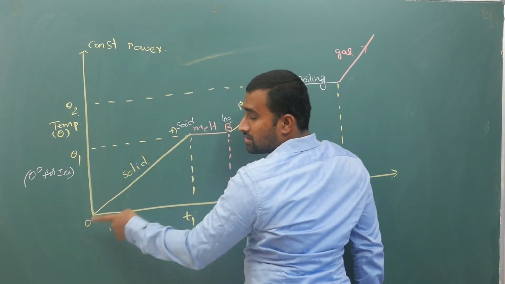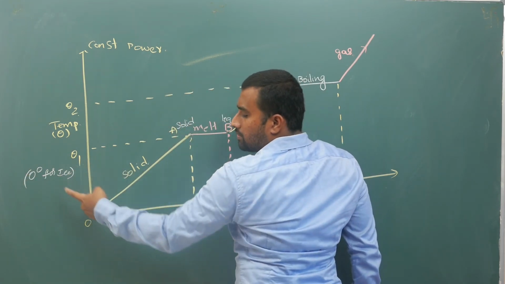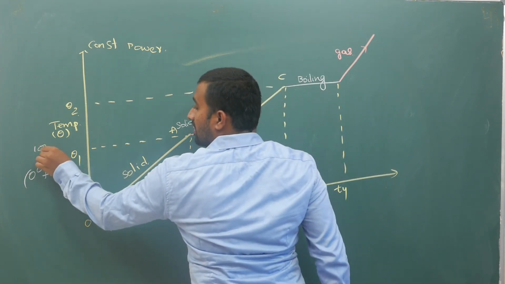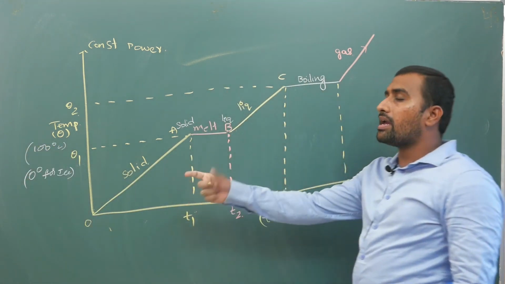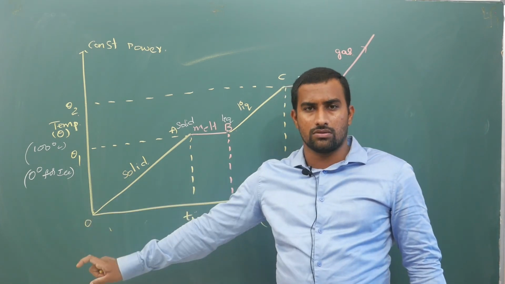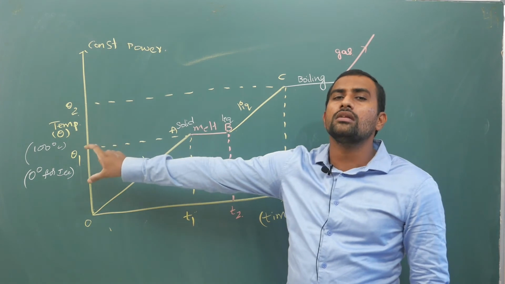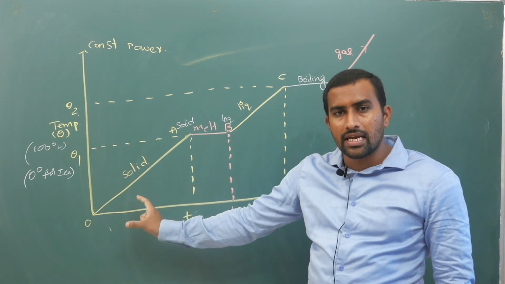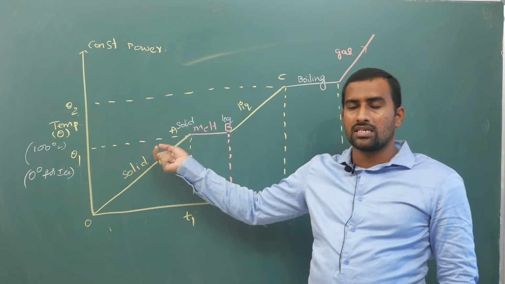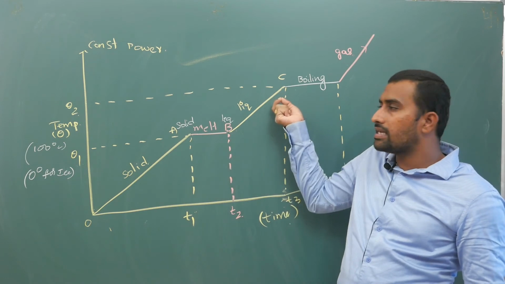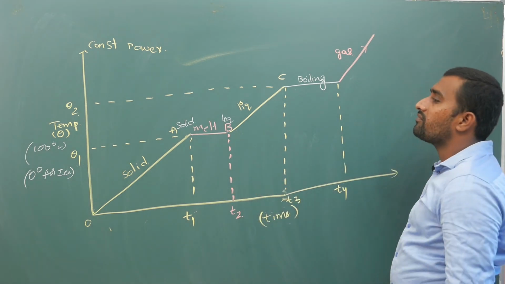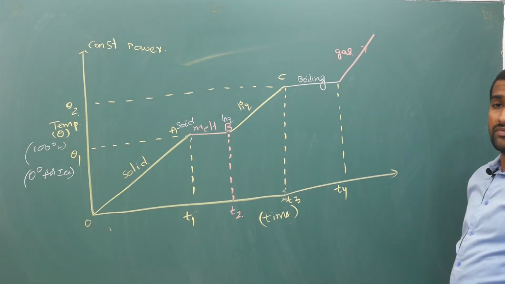But your graph is not starting at 0 if you are taking water. If you are taking water, your graph will start at some negative point itself. And here this is kind of 100 degrees centigrade. For reference sake, I am indicating the water boiling scenario. So if you look at the graph, this is not 0. So for some general solid, when it is in solid state, you increase the temperature, the graph comes linearly, then it becomes flat, then linear increase, then flat, then it will increase linearly. Now from this graph, we need to understand how the problems are.